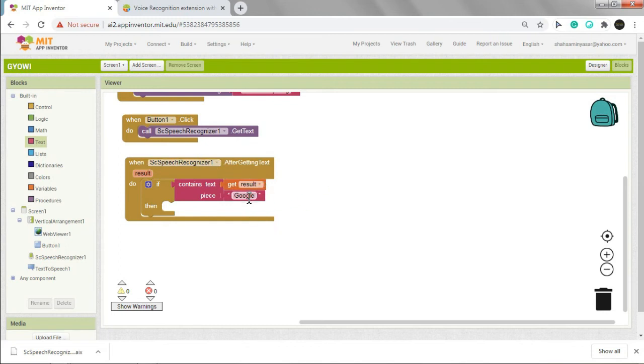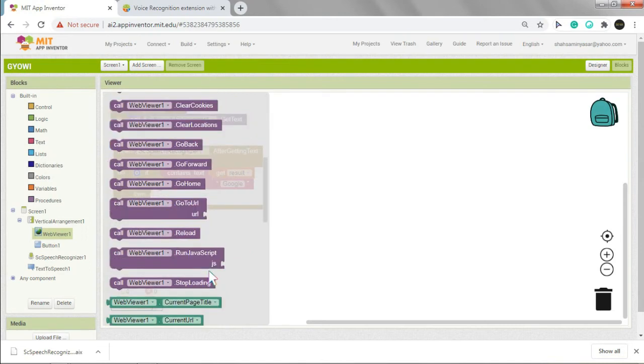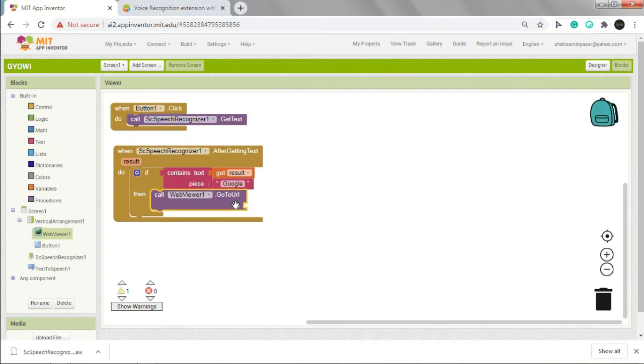So if the result contains Google, then call web viewer, click on web viewer, then call web viewer 1 to go to URL. Which URL? You have to join the text.